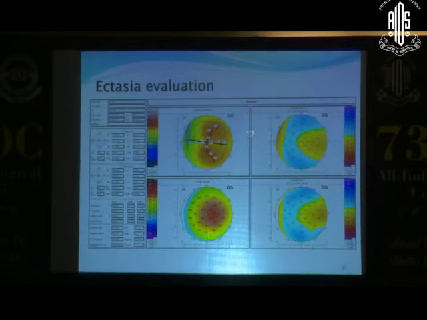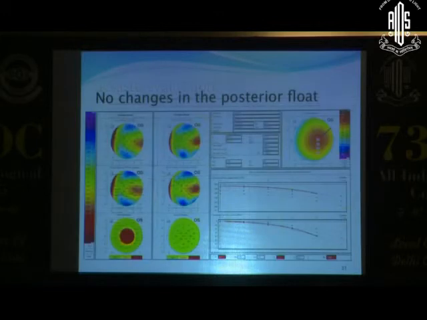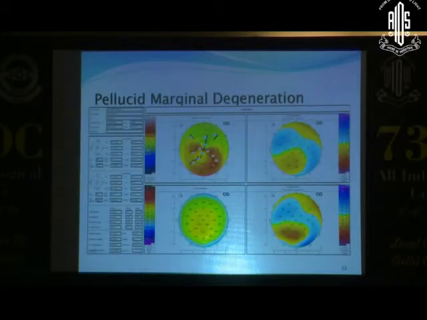So in an ectasia evaluation, you have a patient coming like this with a corneal topography almost around 47, 48, and a very thin cornea, non-orthogonal astigmatism. It definitely would look like an ectasia to me. But when you actually go in and see that, it's just the anterior float of the cornea which is representing the astigmatic cornea. The posterior float is perfectly fine, and the pachymetric progression index up to the 6 mm zone is within normal. So at this point of time, I would label it as a high astigmatism with a thin cornea, and wait for follow-up to see the progression, whether there is a progression or not.